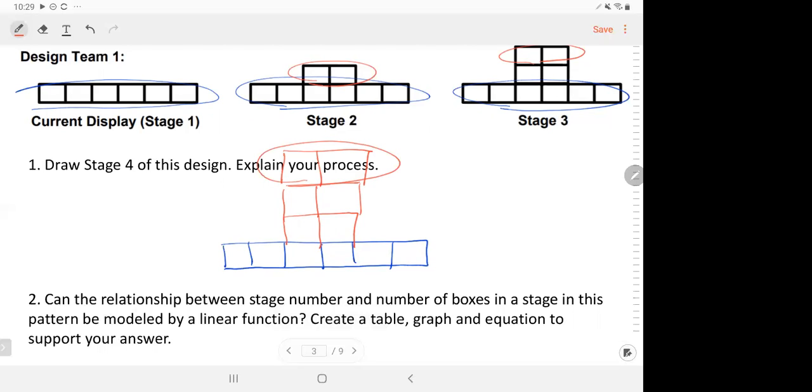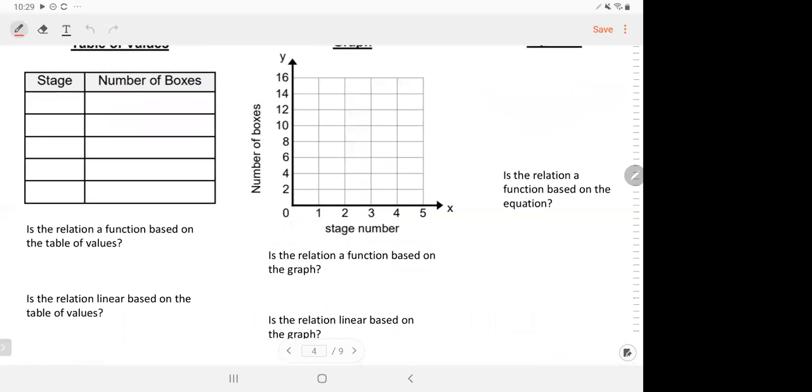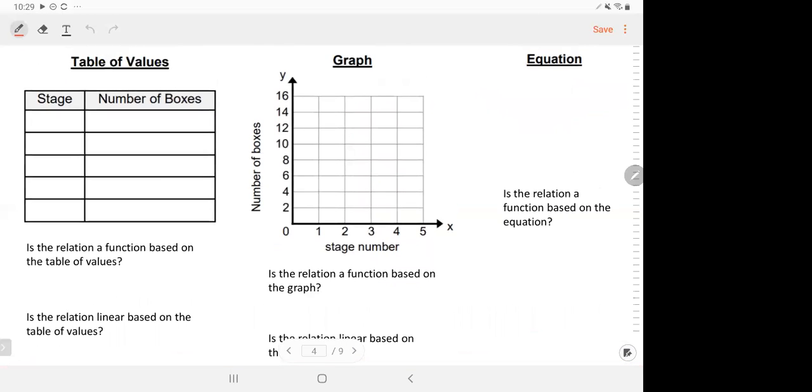Can the relationship between stage number and number of boxes in a stage in this pattern be modeled by a linear function? Create a table, graph, and equation to support your answer. So it's asking, is this going to be a linear function? And the evidence is going to be a table, graph, and an equation to support our answer. So let's first do the table, and we're just going to start with stage 1, 2, 3, 4,